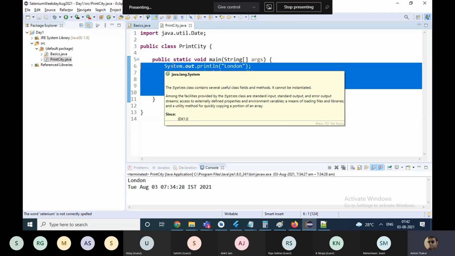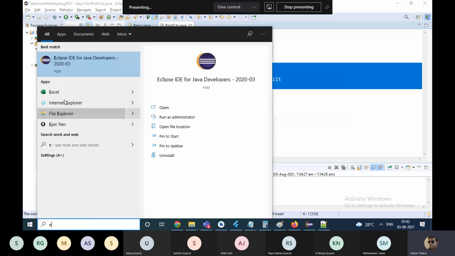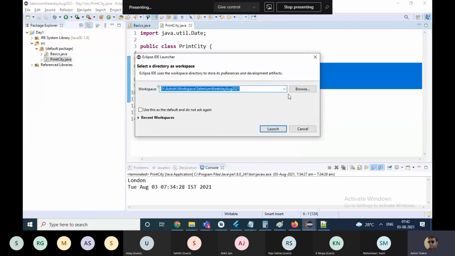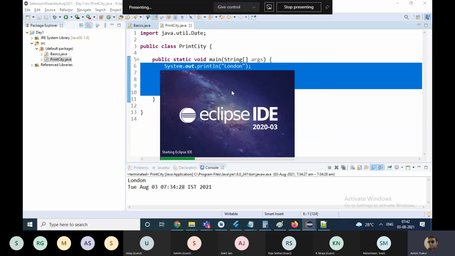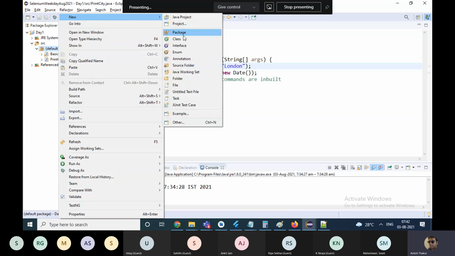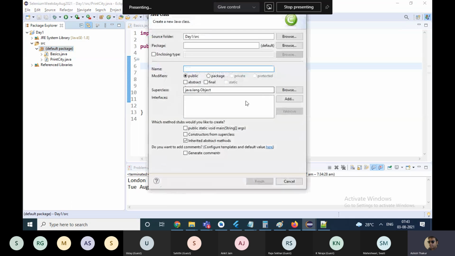Because when you work practically, you have many files and many dependencies. So you should know how to debug Java programs. Okay, I'll just make a new class called debugging.